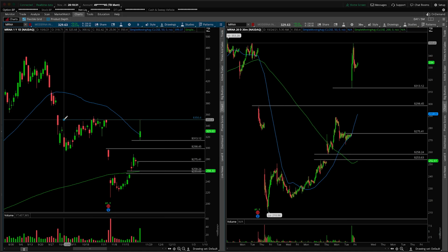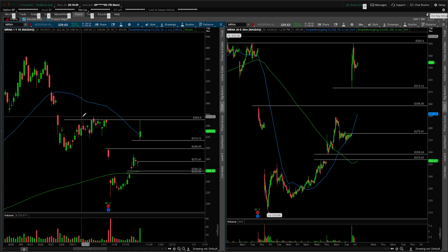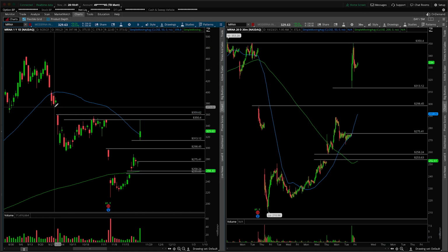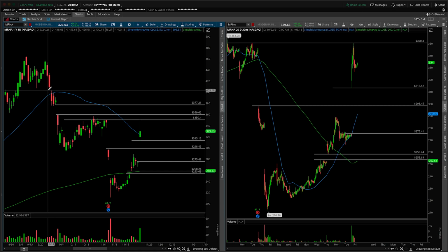To the upside, we're certainly topped out at a visible area of resistance. We had this on the chart before we cleared it. You can see a big shelf here. That's exactly where the party stopped on today's session. And then once again, another gap overhead. So from here to here is another open gap. That's 359.62 fills up to about 377.21. After that, technically speaking, another gap in here from our 403.18 up to